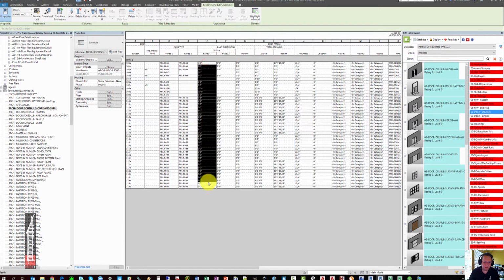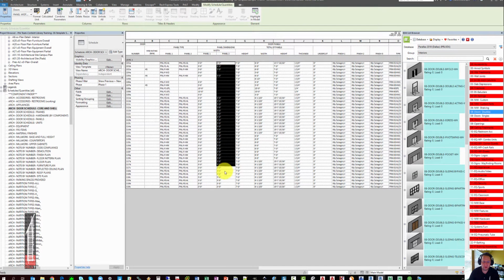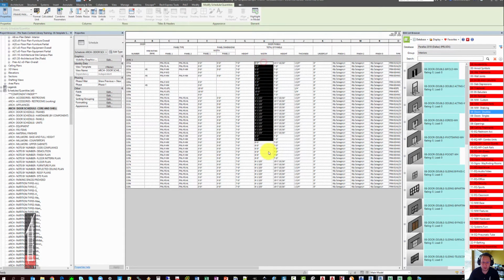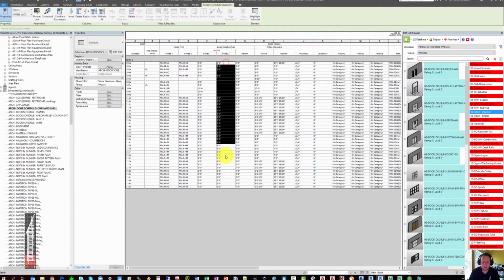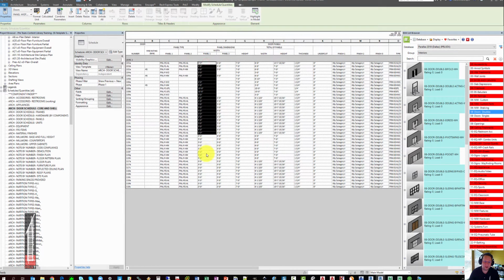For instance, there is panel 1 as well as panel 2. You'll notice panel 2 is naturally not used in all of the doors. There is also an overall panel width. Chances are all 3 of these fields will not be present in an active door schedule, but they're there and available for your use. What's more important to keep in mind about the Parallax door schedule is that it is